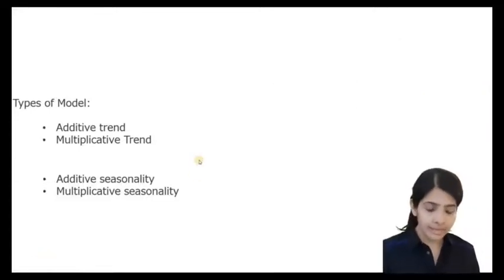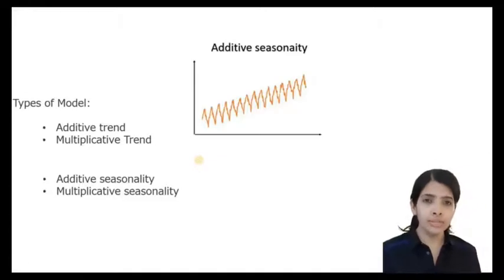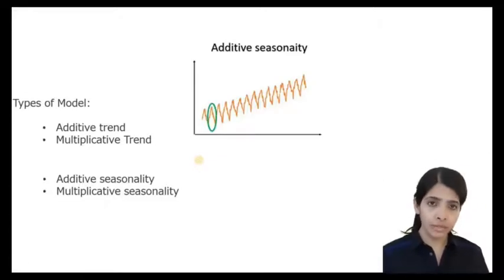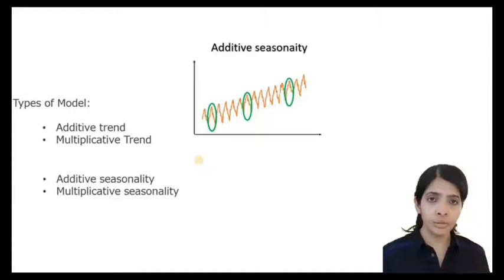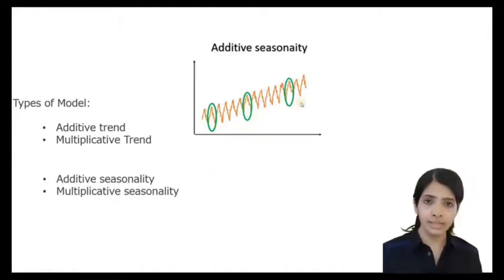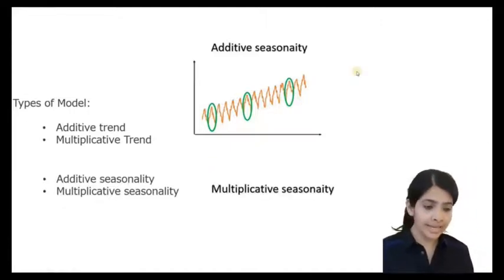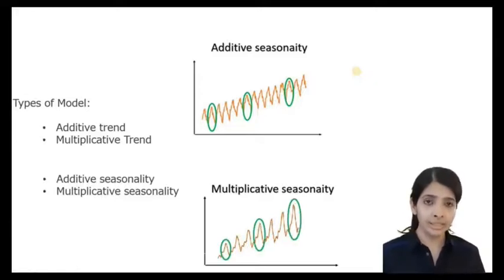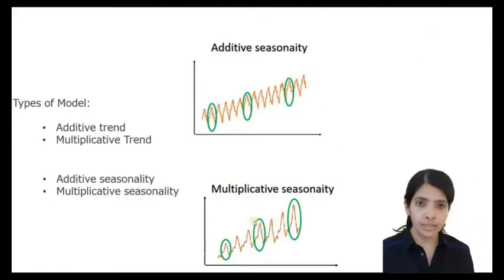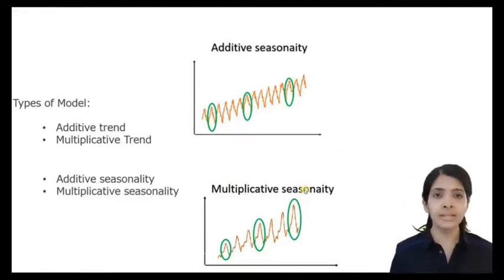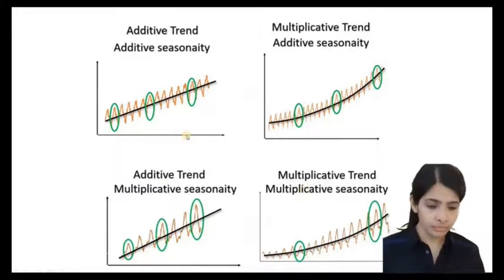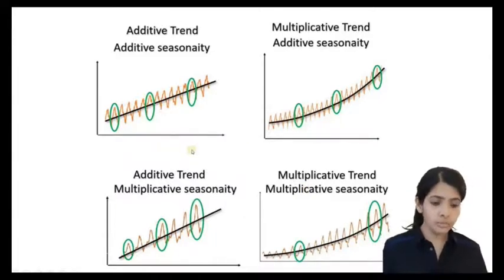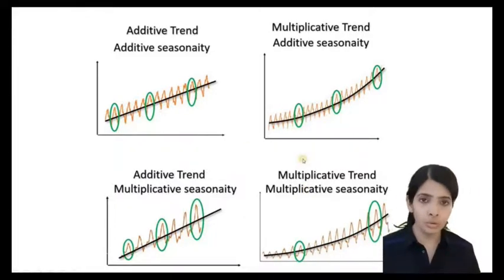In case of seasonality, if the magnitude of seasonal patterns is constant over time, so it does not change the magnitude, then that is a case of additive seasonality. Whereas in case of multiplicative seasonality, the seasonal variation, the seasonal magnitude, would increase or decrease with time. In those cases, we would mention seasonality equals multiplicative. So let's jump to Jupyter Notebook and get started with the coding.